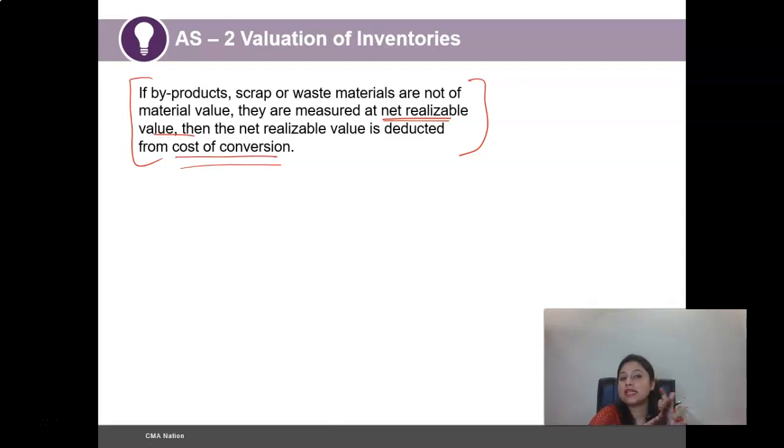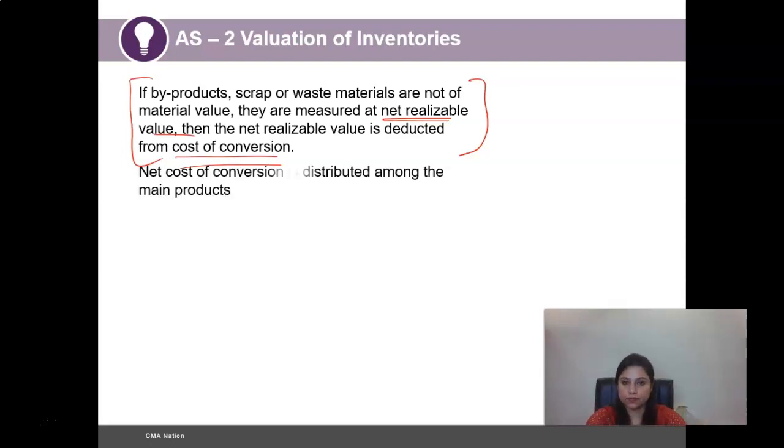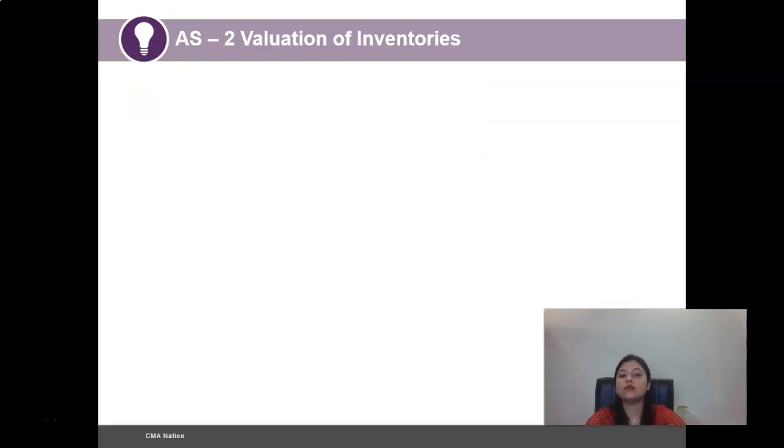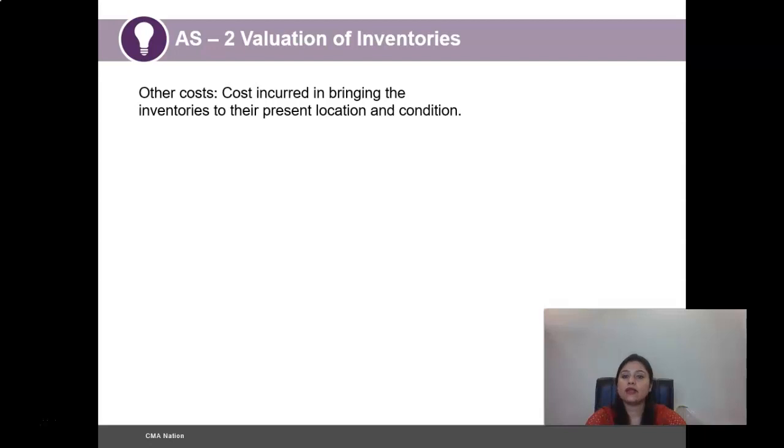It has been specifically mentioned that such byproducts, scrap or waste materials would be measured at the net realizable value, and such net realizable value is further deducted from the cost of conversion. And the net cost of conversion is then distributed among the main products. And what are the other costs? Till now we have covered the cost of purchase